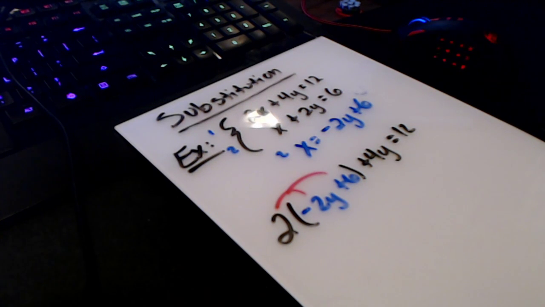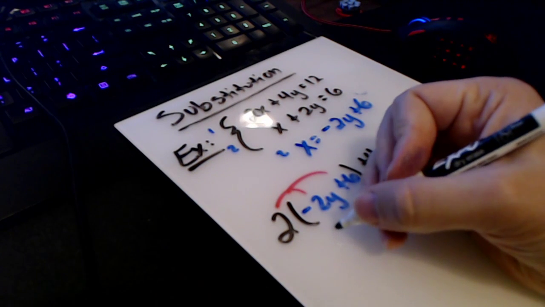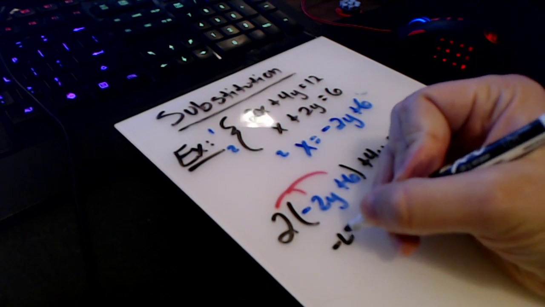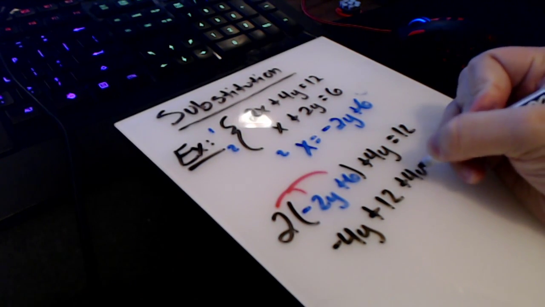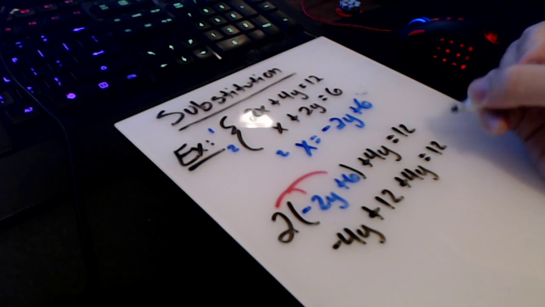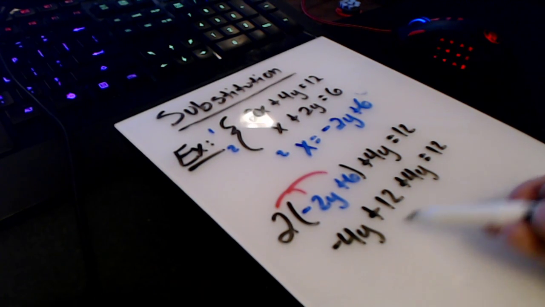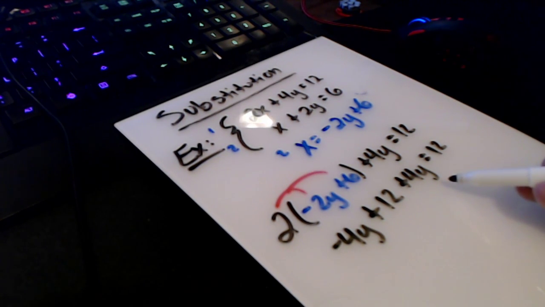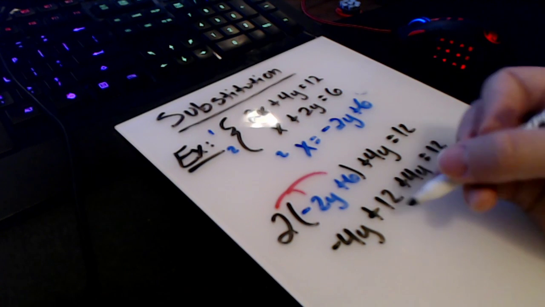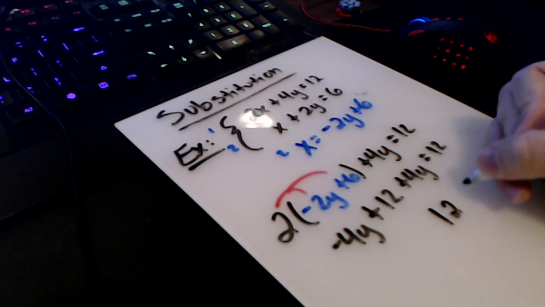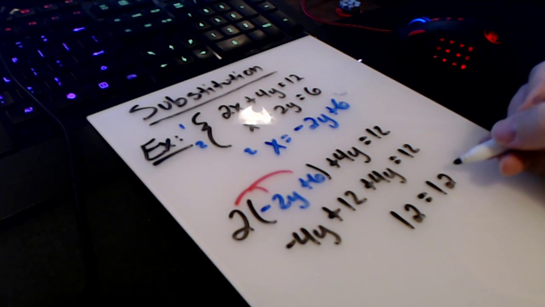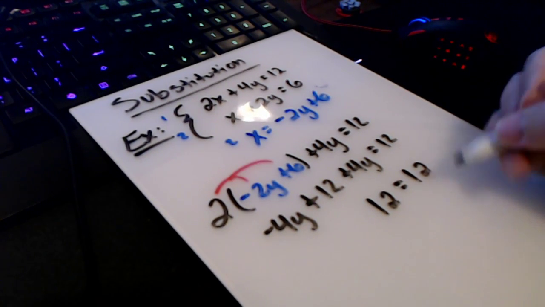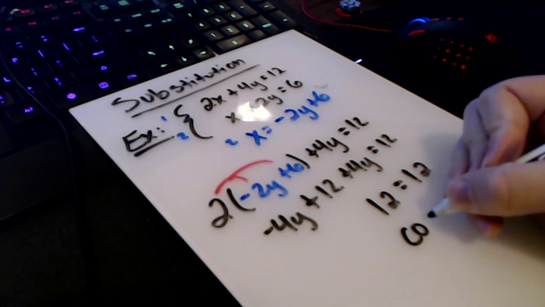All right, with distribution, we end up working this out and we get negative 4y. So minus 4y plus 12 plus 4y equals 12. Well, if I'm looking at this, I've got a negative 4y and a positive 4y. Well, 4y minus 4y gives me 12 equals 12. When you get this type of solution where they're equal on both sides, this is when the lines are actually the same. So we have consistent,